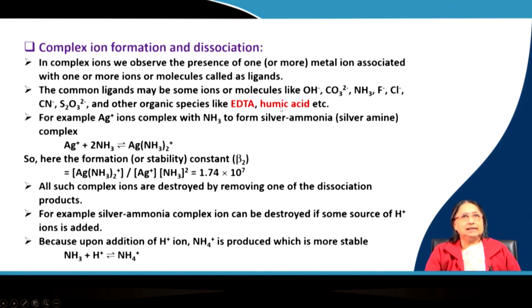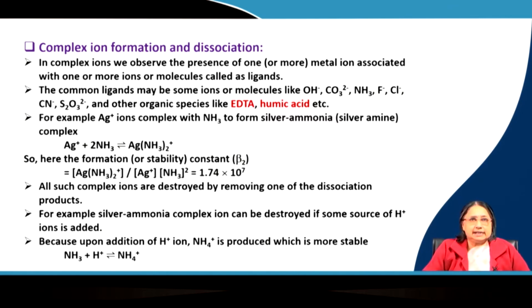In the humus substances we always see a natural color forming agent. It has a very complex structure and can also combine with metal ions to form complexes. For example, silver ion forms a complex with ammonia to give the silver ammine complex, having this structure,